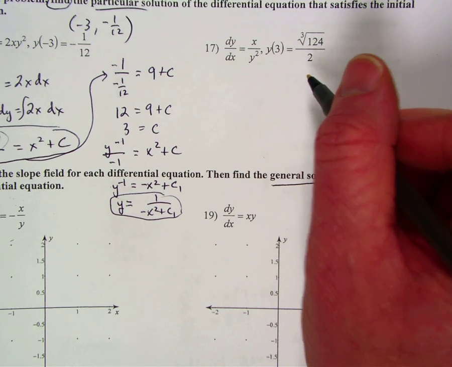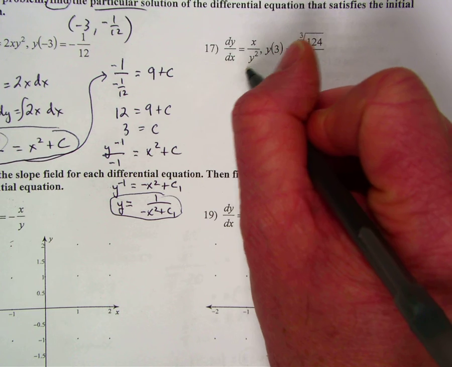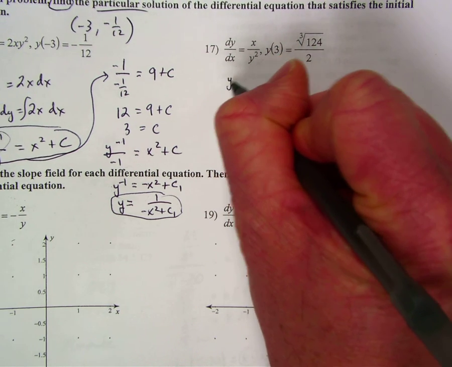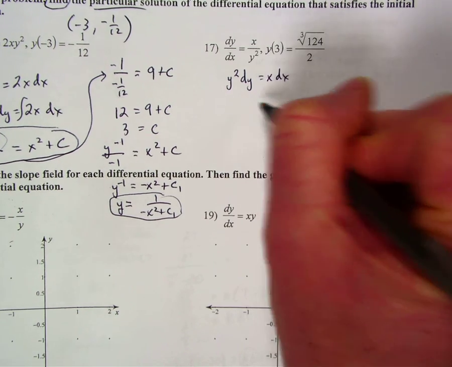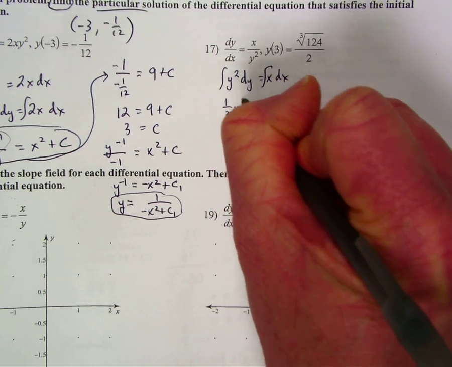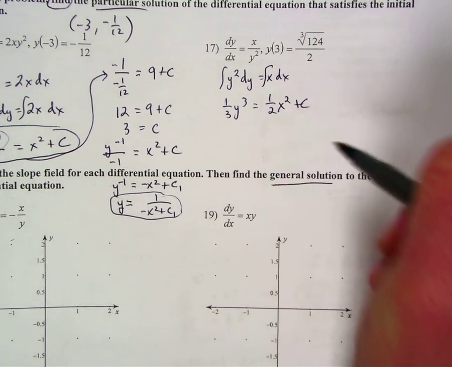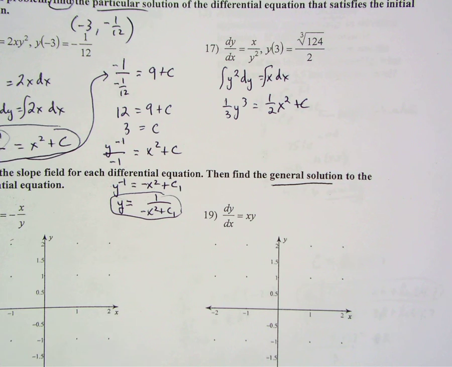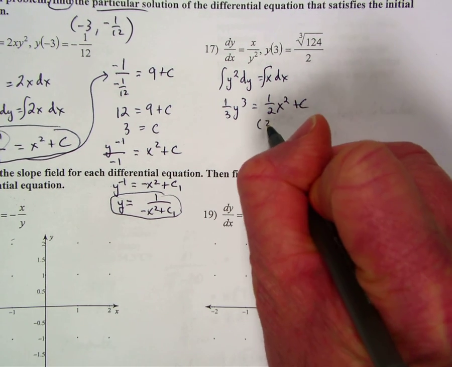Again, particular solution. Multiply both sides by y squared and dx. So you have y squared dy equals x dx. Integrate. There's my general solution. That's a solution to the differential equation, and I need to plug in my point, which is 3,